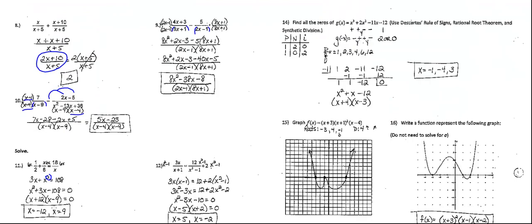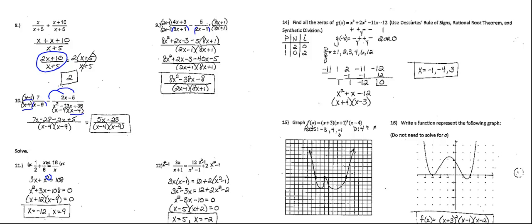Number 14, we want to find all the zeros. So here we are on zero quest. You want to use Descartes' rule of signs first. Count the number of sign changes in g of x, and you can see it goes from positive to positive to negative to negative. So it only changes sign once, so that means there's only going to be one positive zero. That's good. So when we go to look for zeros, we know to look for a positive one first